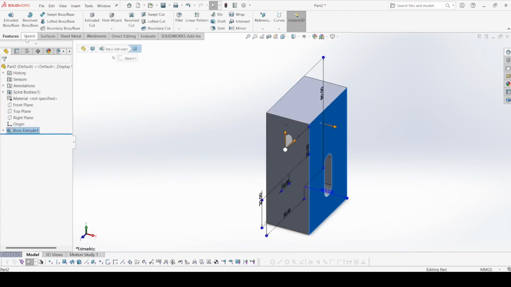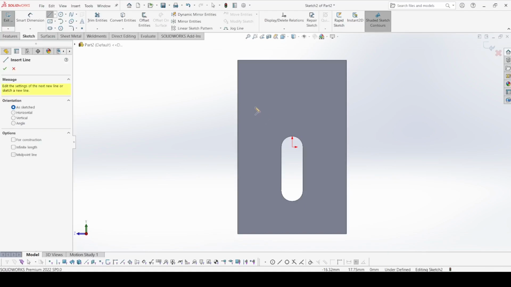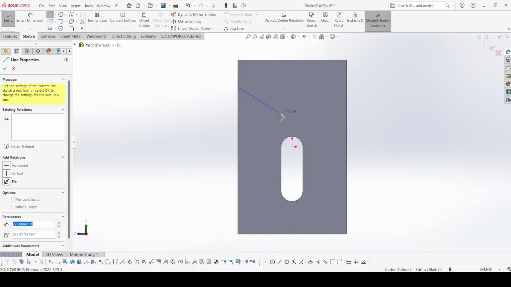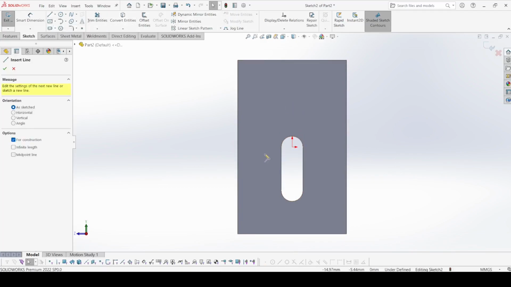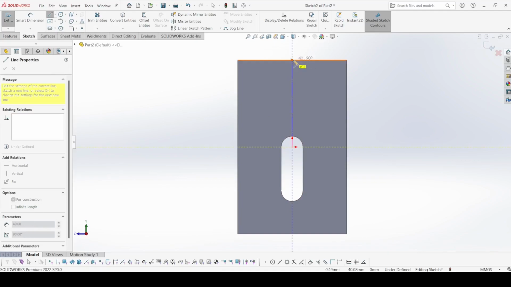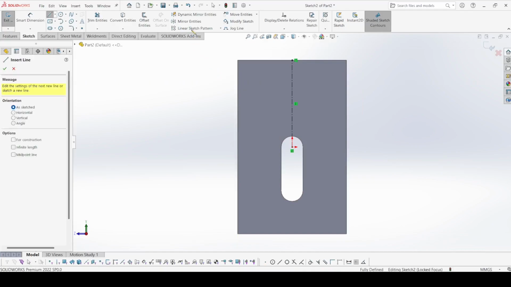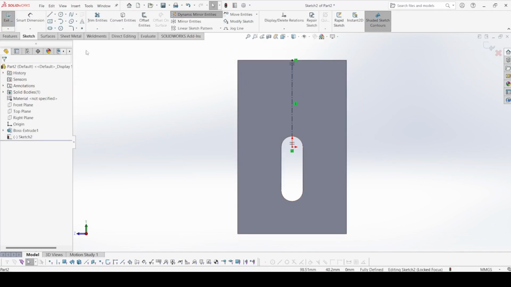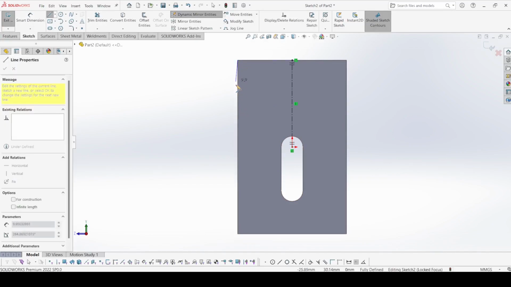Now select this face and go to sketch, and now select lines like that. So we can also use the dynamic mirror. Let's use it so we get this done fast. Select this one. Okay, first we need to apply dynamic mirror to this axis. Now go to here and